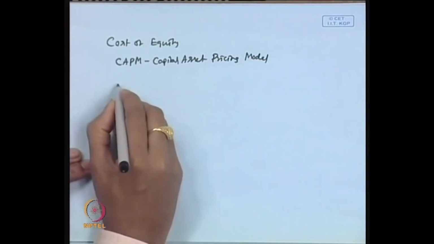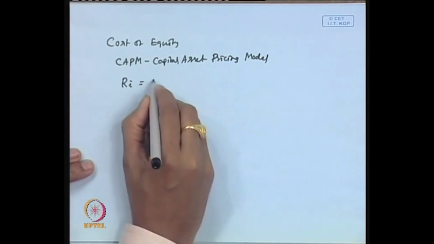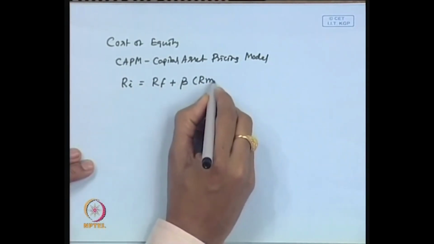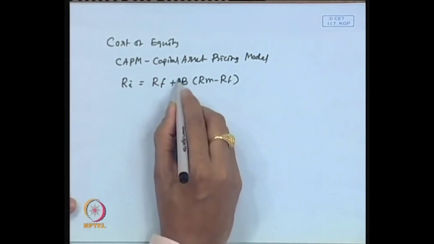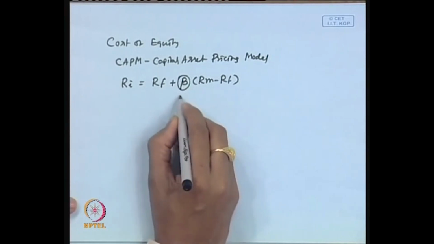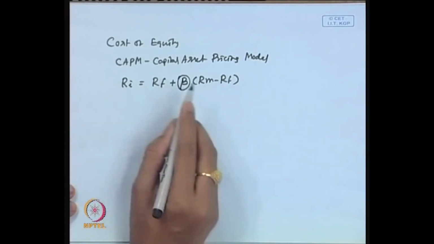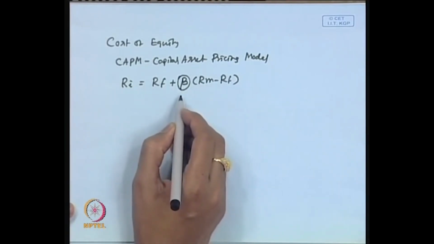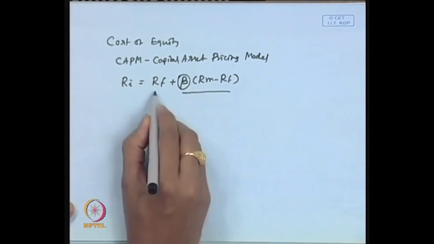And as per CAPM, the return on any stock, the ith stock, is nothing but the risk free rate of return plus beta into (RM minus RF). As you have discussed in our earlier sessions, beta is nothing but the systematic risk, found out by regressing the return on the market as the independent variable and the return on the stock as the dependent variable. Beta is found. High beta is supposed to be high risk, low beta is supposed to be low risk. So, this is the risk component, this is the risk free component.